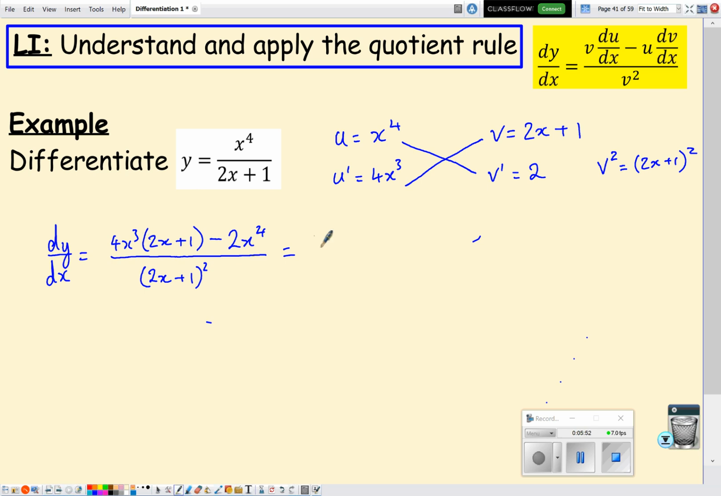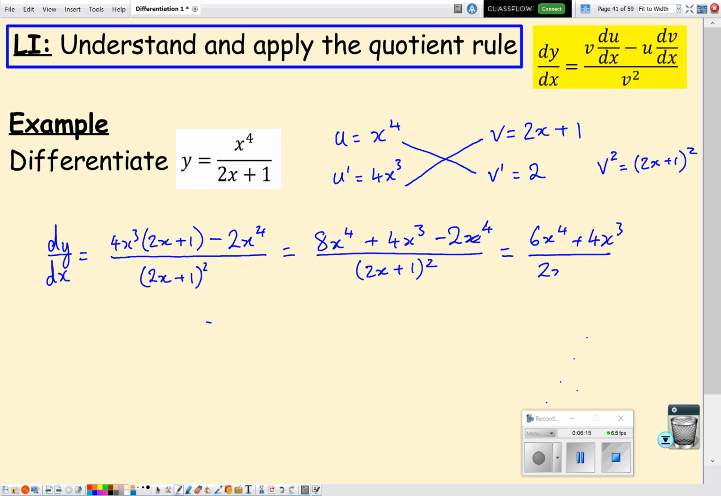multiplying out the brackets, we've got 8x to the power of 4 plus 4x cubed, take away 2x to the power of 4, all over 2x plus 1 squared. Tidy the numerator up again, we'll get 6x to the power of 4 plus 4x cubed over 2x plus 1 squared. There's probably no need to factorise the numerator,